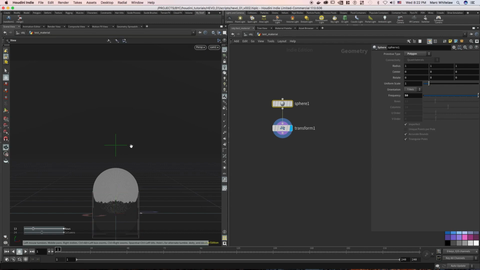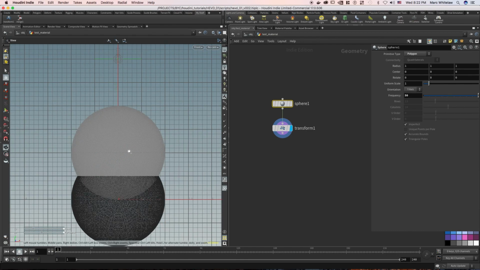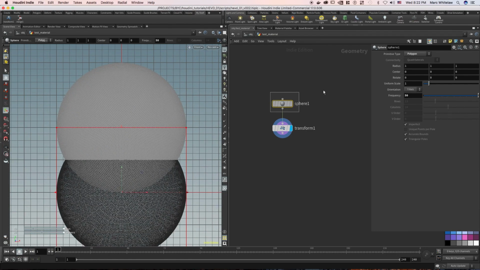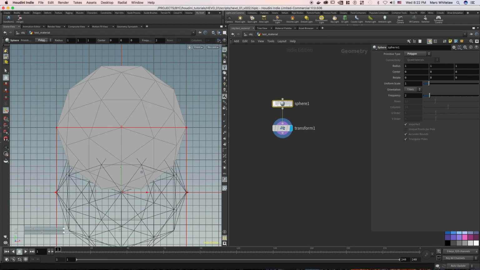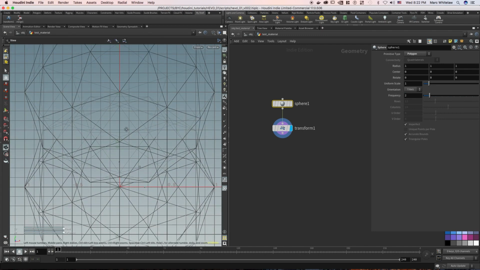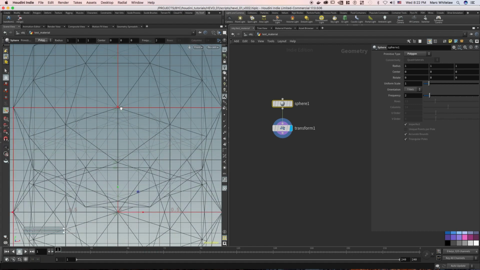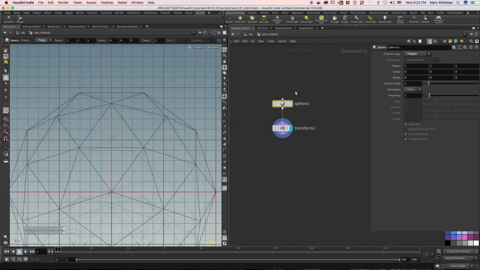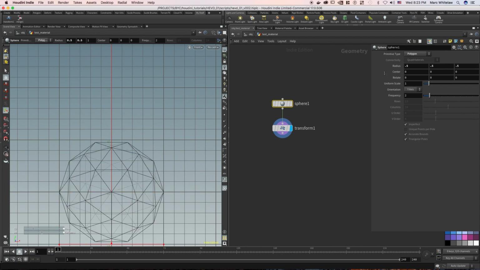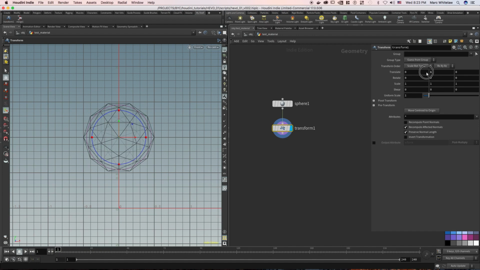I'm just going to jump into the front view. So currently, if we drop the frequency down to 2 again and hit W to go into wireframe, right now our sphere is sitting between 0 and 2. So what we want to do is drop the radius back down to 0.5, 0.5, 0.5. And then instead of transforming up 1, let's just go to 0.5. So you'll notice that our sphere,